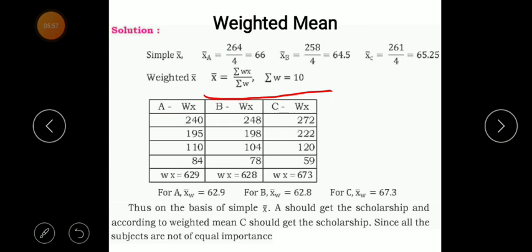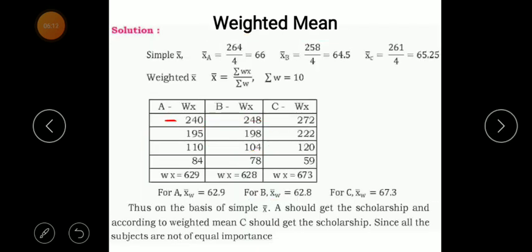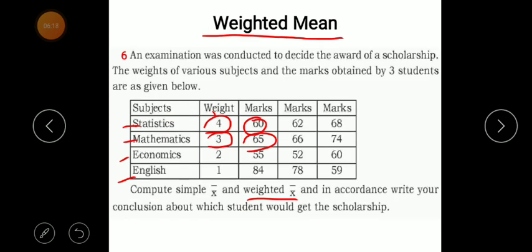Okay, so we are writing 240 for this wx. The next one, 3 into 65 is equal to 195. So we are writing 195 here. Similarly, you have to do all this. Similarly for b, what happens is